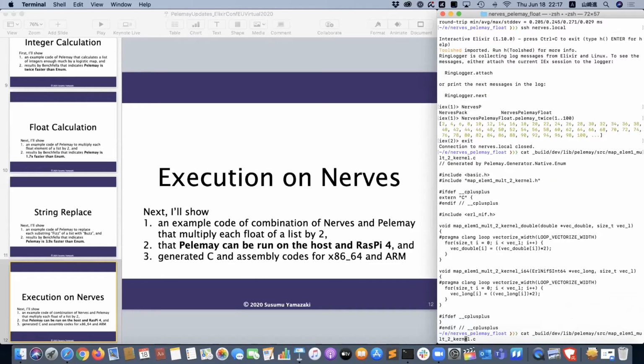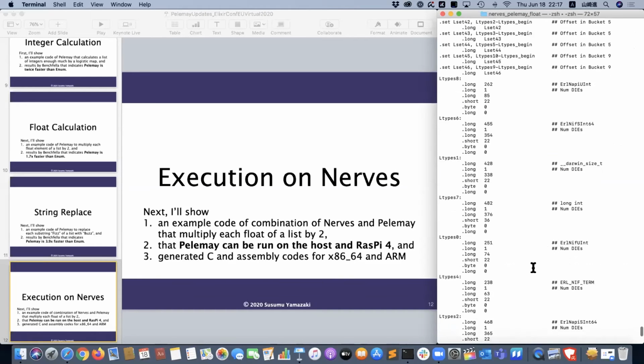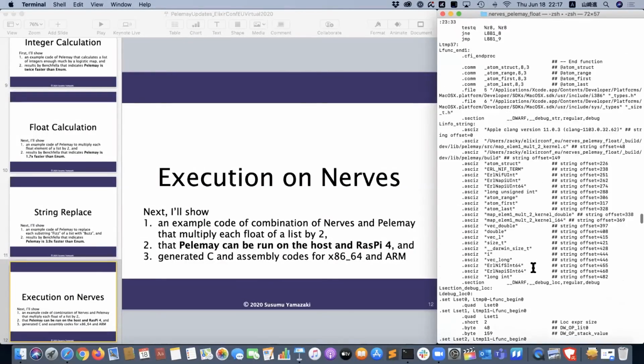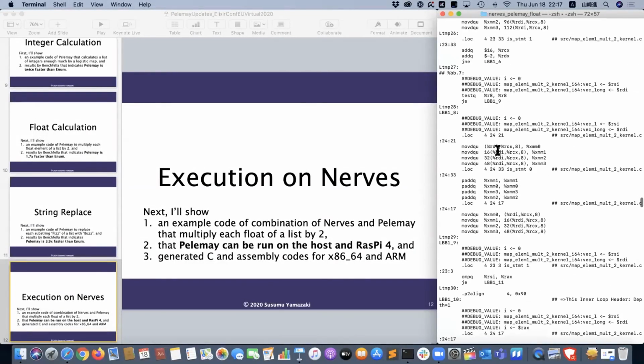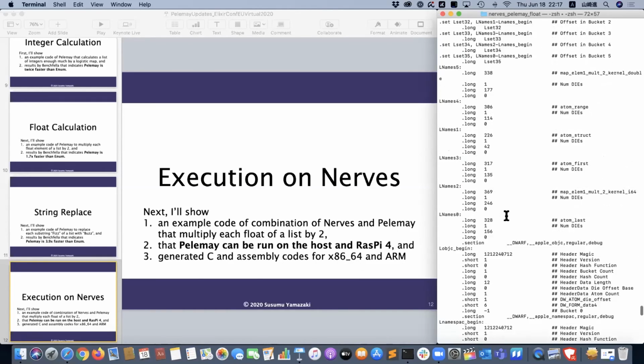And object, here is assembly code. Here is assembly code that generates SIMD instructions. Okay. For x86-64, and